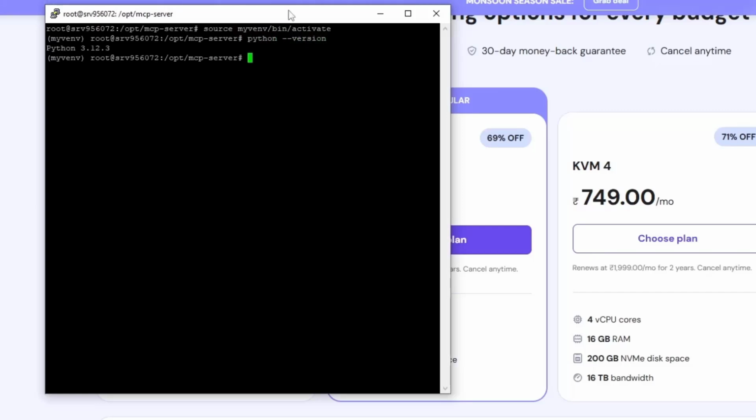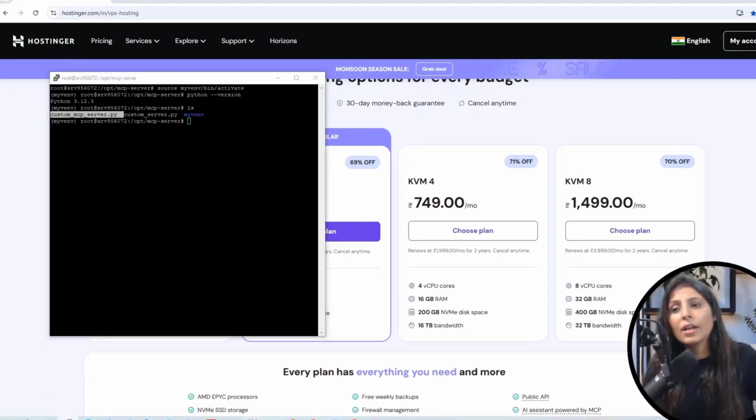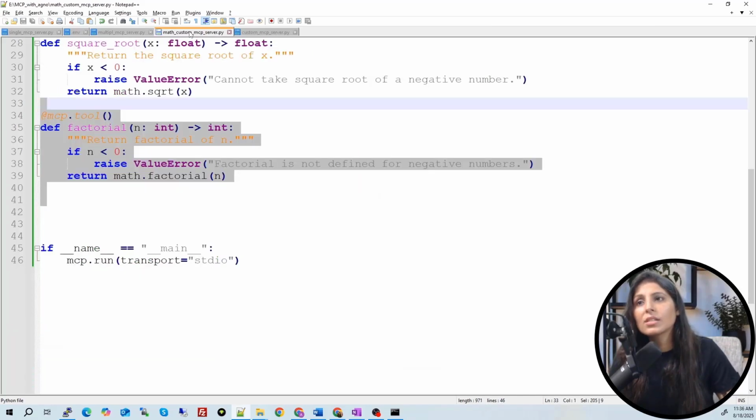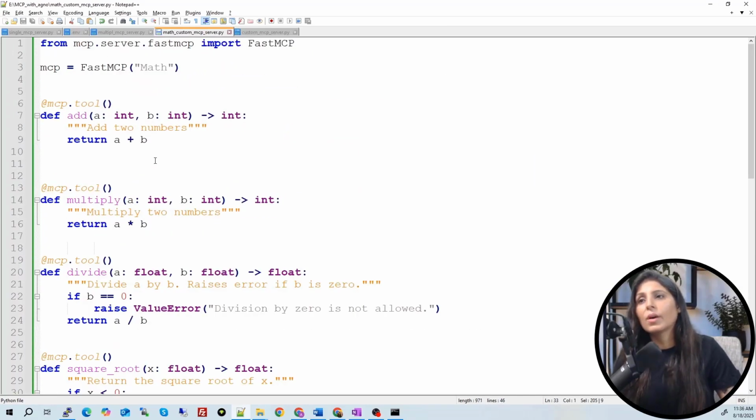The Python version I'm using is 3.12.3, and let's do ls and see what files we have over here. In the MCP server folder, I have a custom MCP server.py file. This is the same file, the same custom MCP server file, this one.